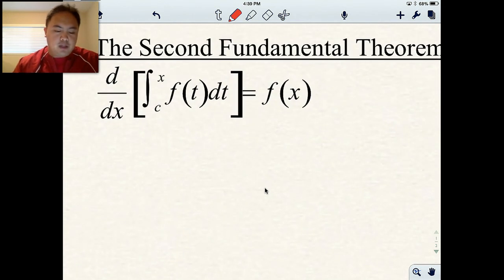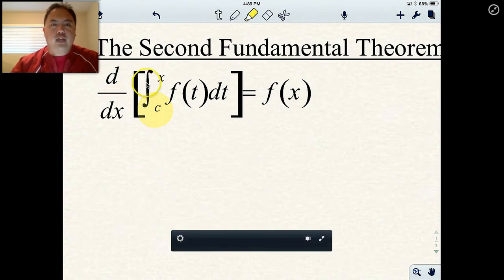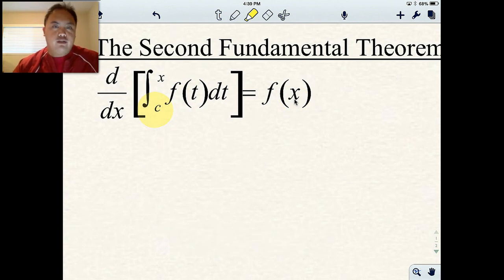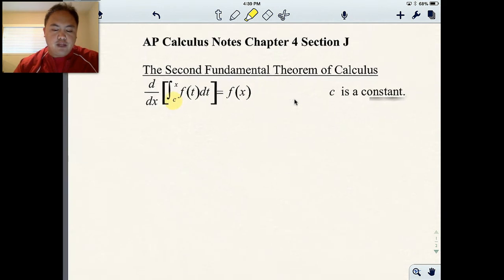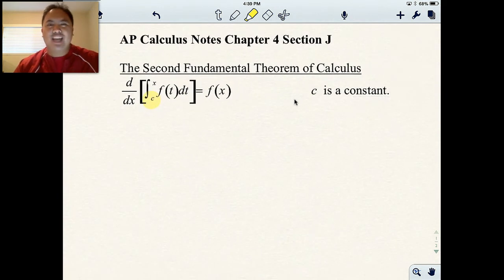Okay, so if I zoom in here, you can see a letter C here that stands for a constant. If you take the derivative of the antiderivative from some constant to some function x, and you notice the integrand is some function with t, so these variables don't match up, that is the same thing as just plugging in x for the function. It sounds confusing, but as usual, as we do some of these examples, it'll make a little